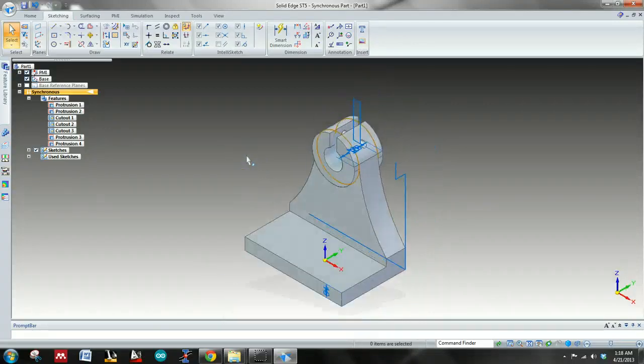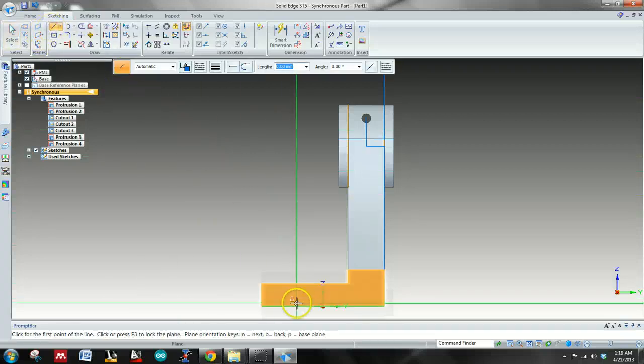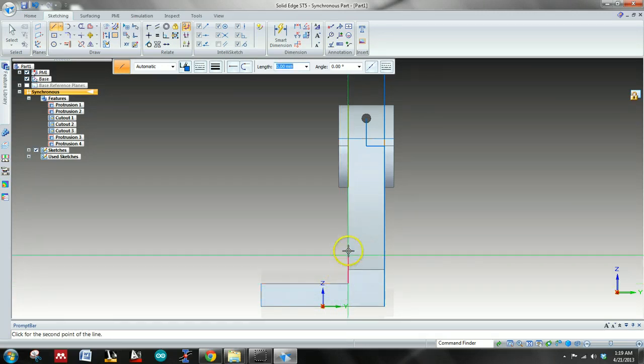Now we want to do the rib cutout. So to do that, what we're going to do is Control R to get us back into that plane. Now there are many different ways to do this. This is going to be, I think, the way that hopefully makes most sense. So Control F. So we want to just draw off this plane. So we want to come here, enter, click on the corner of that. We want to come up. It's going to be